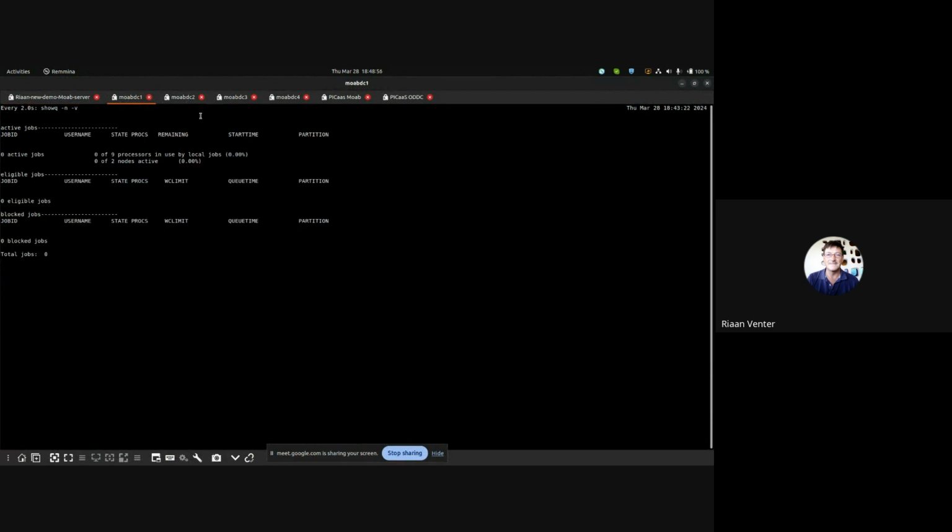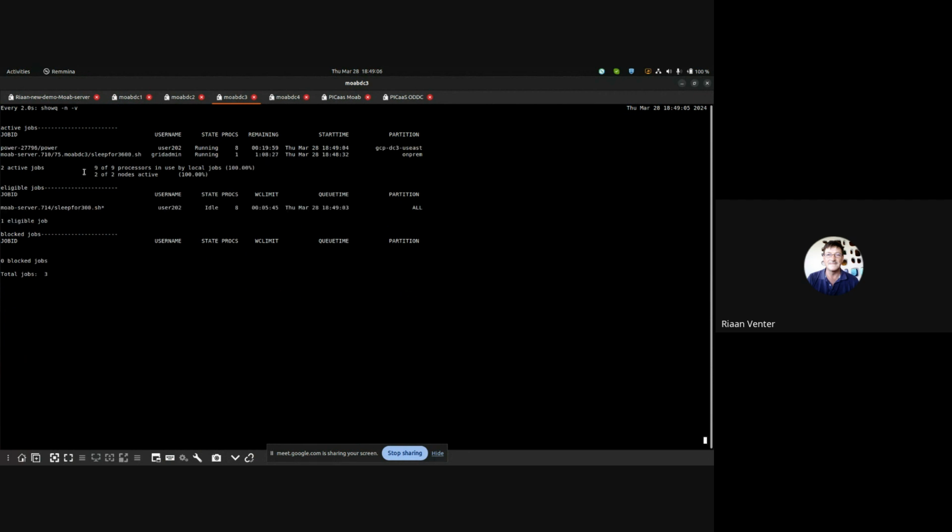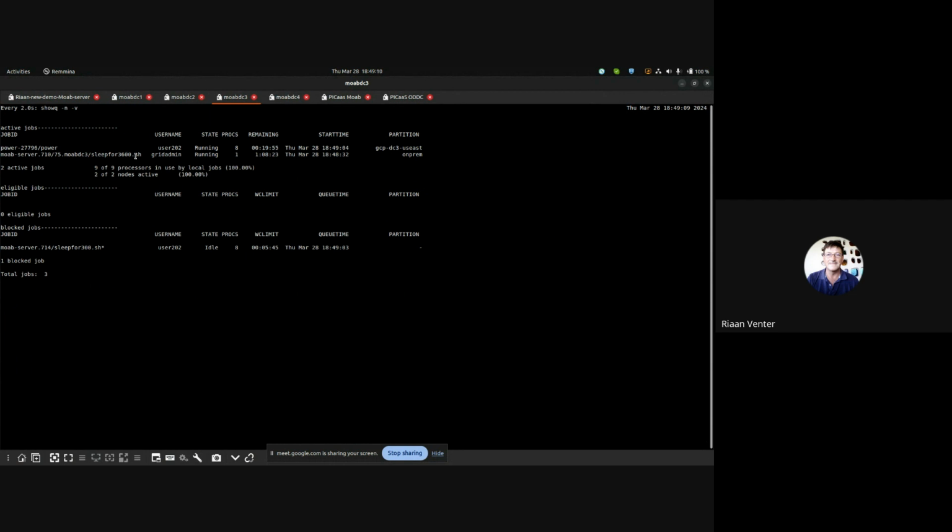So I can click on each one of these and see as workloads start arriving. They say Moab Data Center 3 is already started receiving one of the on-premise jobs. Now you can see this one that says 3600 seconds is going to run for 1 hour using one core. That's what, in this case, is available on-premise. Then I've got a user job. You'll see at the bottom is in a blocked state, but that's correct because now it's waiting for a cloud